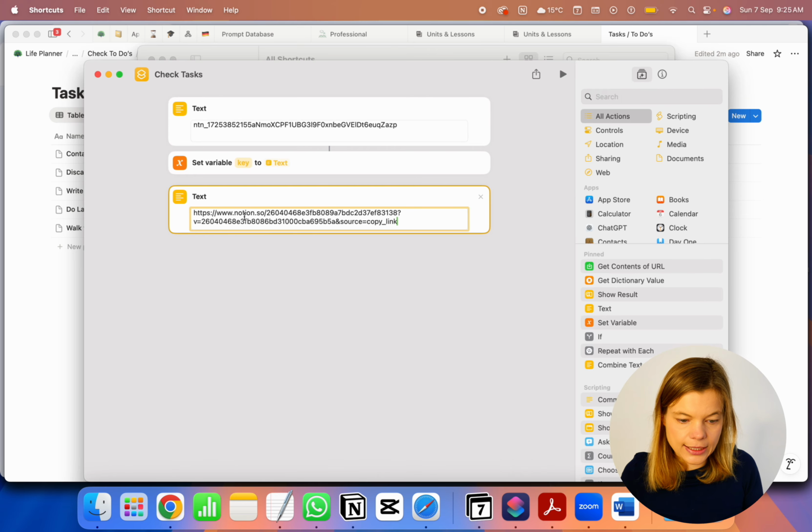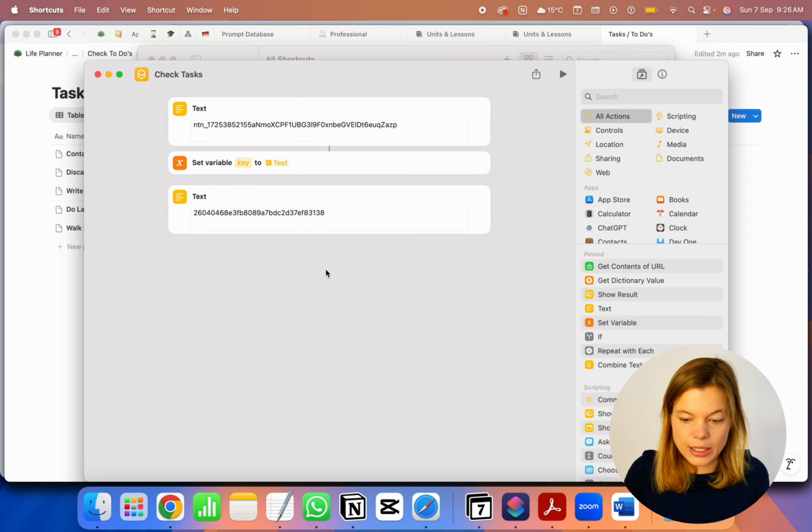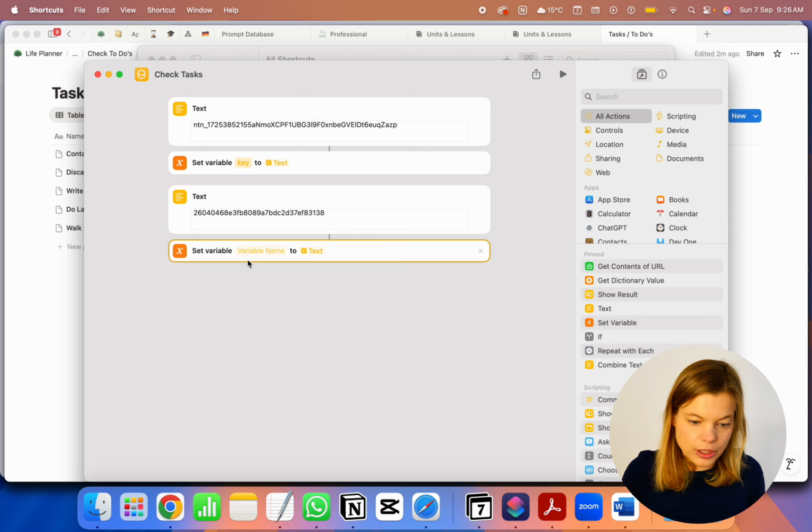Then you paste this in the text module, and now you have to remove some part because we don't need all of that. So you remove everything until notion.so/. So including the slash you remove, and then you remove everything starting with the quotation mark. And what remains is your database ID, the part that we need. Also this we store as a variable, and we call it just